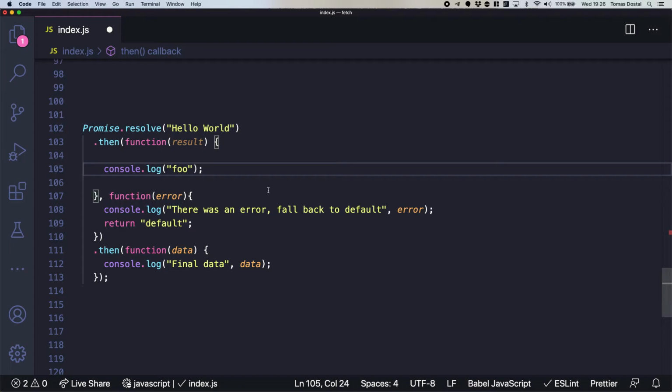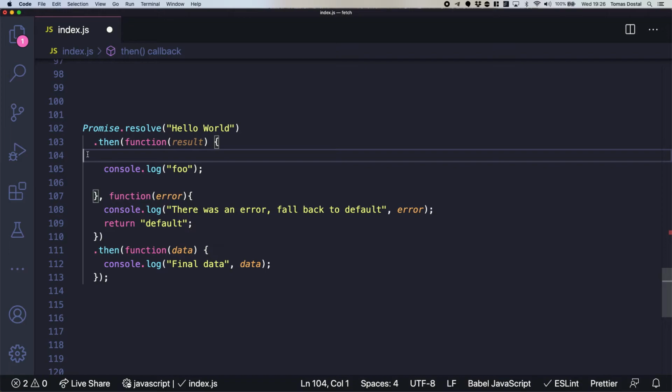Where do we return hello world? Which line number? 104. Yeah, we return hello world, but in here there is nothing on line 104. I mean the function, lines 102, 103.